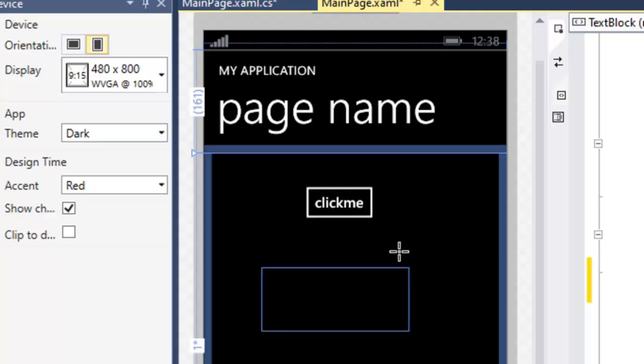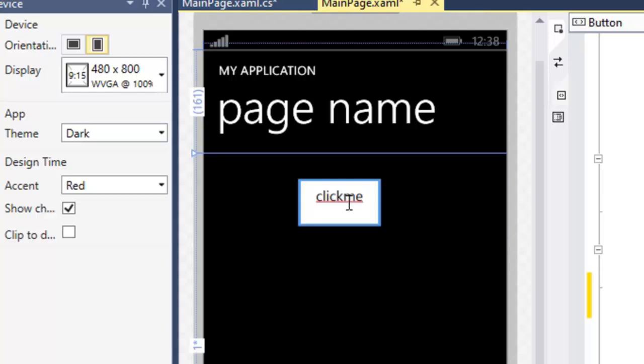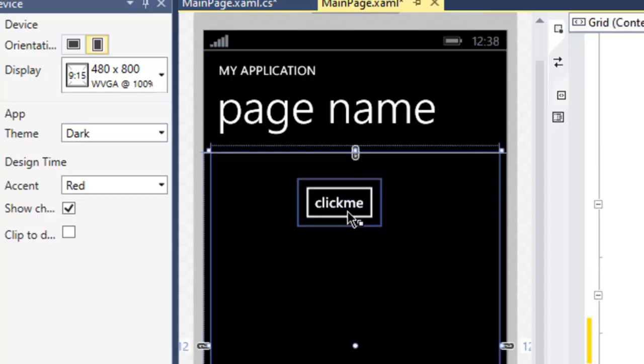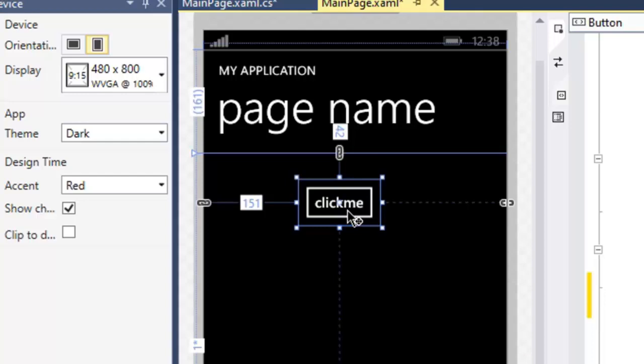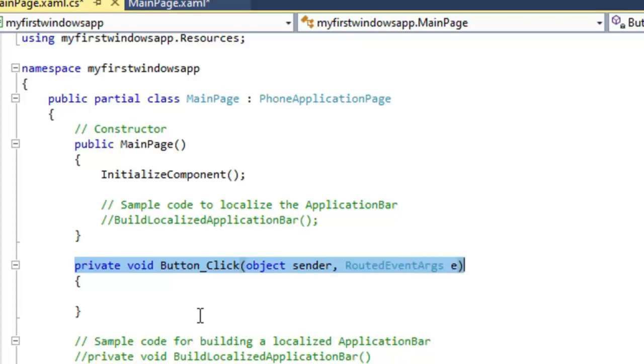Now for the coding part, we have to double click the button. Now button is event handler. So here this is private void button click object sender. We will write the code.